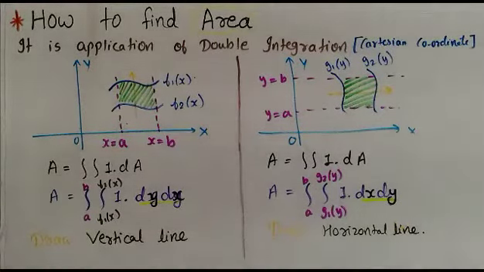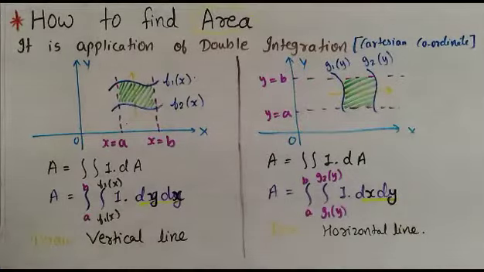Here I am going to explain only the Cartesian coordinate system. Area we can find in different coordinates, like polar coordinates, and in different ways. But in this I am going to explain only the Cartesian coordinate system. By this method you will be able to solve all SOM series examples, and that also in the fastest way.